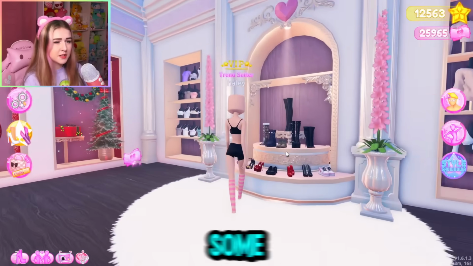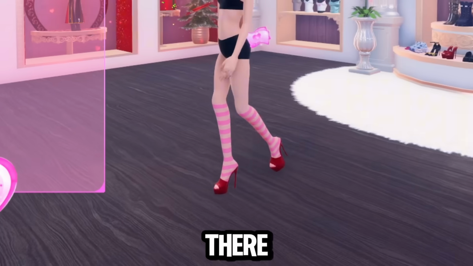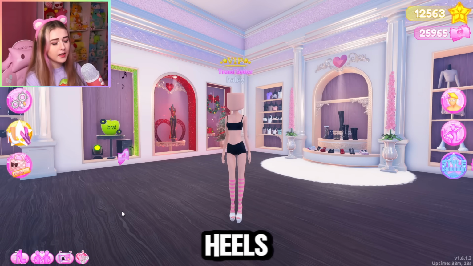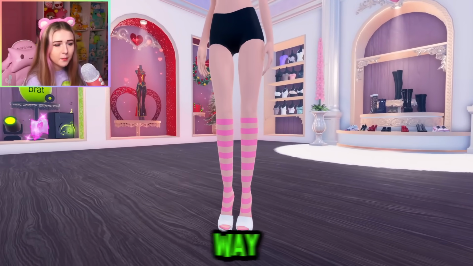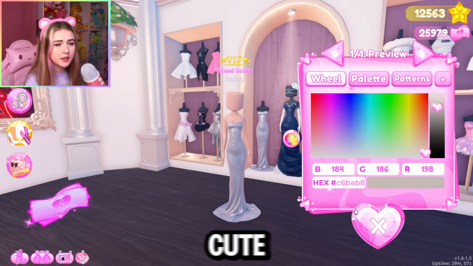And then let's just put some shoes on with it. We're gonna put on these heels right here. Oh wait, my feet are literally not even showing. Let's turn the feet back on. There we go. And you can see it looks kind of similar to those strappy flower heels, but just in a non-VIP way. And another thing is this dress right here in VIP is really cute, but